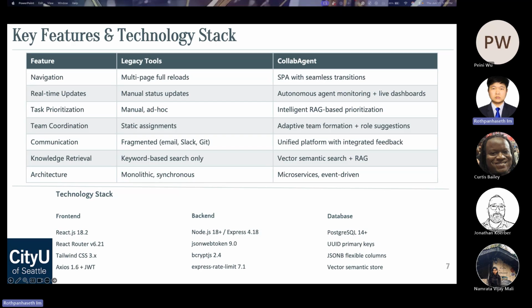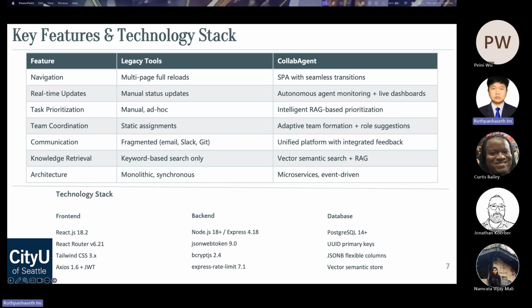Compared with traditional project management tools, CollabAgent introduces several important capabilities. Rather than relying on manual status updates, agents continuously monitor project activity. Instead of keyword search, the platform uses semantic retrieval powered by vector embeddings and RAG.